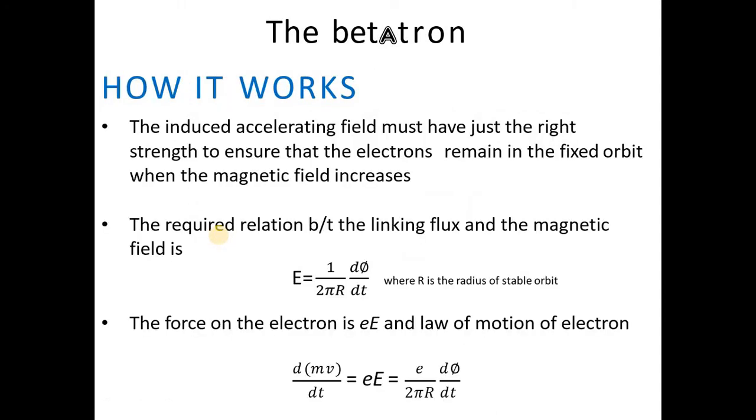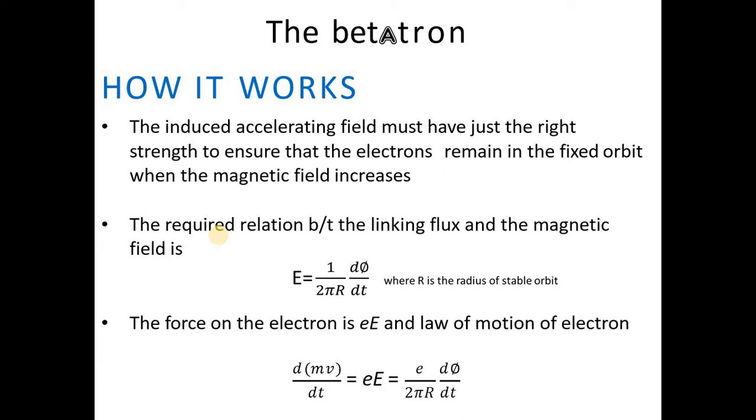Working of betatron. The induced accelerating field must have just the right strength to ensure that the electrons remain in the fixed orbit. When the magnetic field increases, the required relation between the linking flux and the magnetic field is given by the relation, where r is the radius of stable orbit. The force on electron is